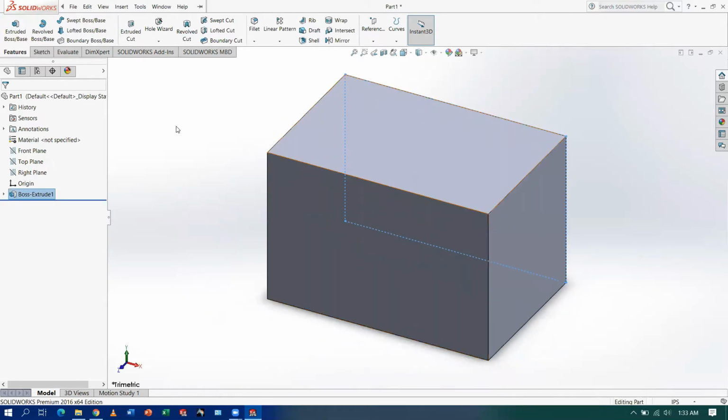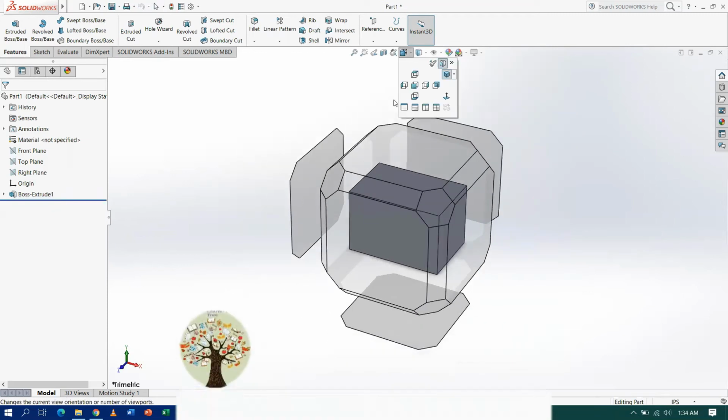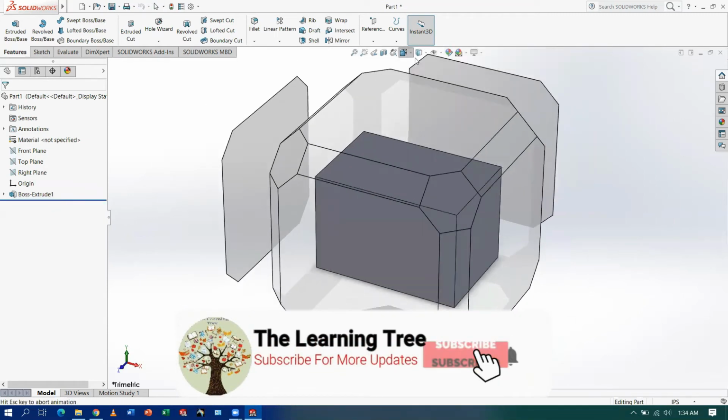Okay guys, this is a very simple part that I designed here. Just draw a rectangle and then Extruded Boss/Base. By using the Extruded Boss/Base command, you can create the extruded part. Here there is a screen. Go to the screen, and in this there are several options.